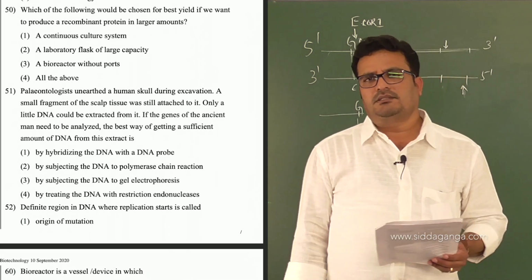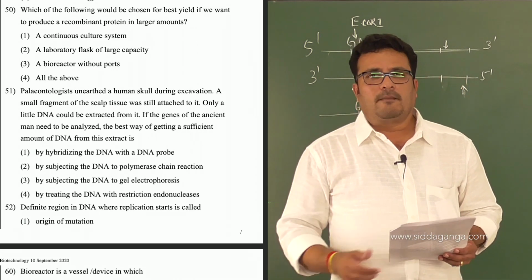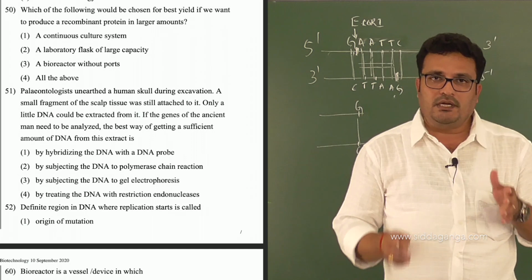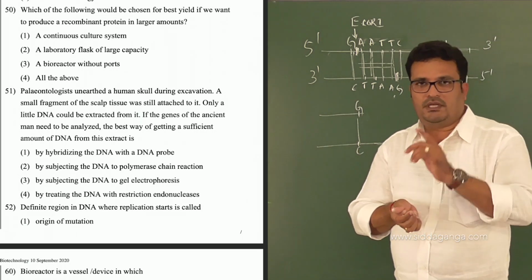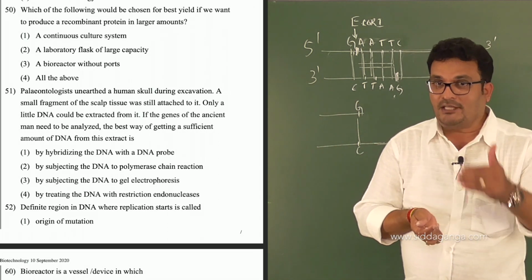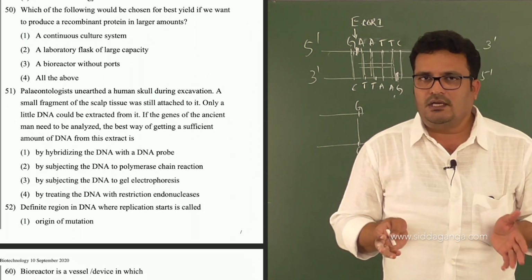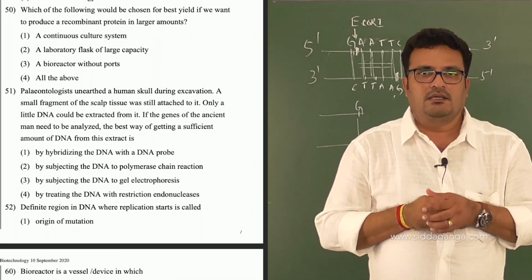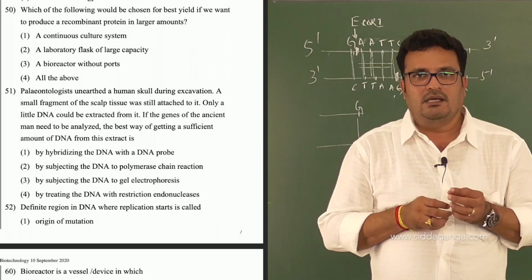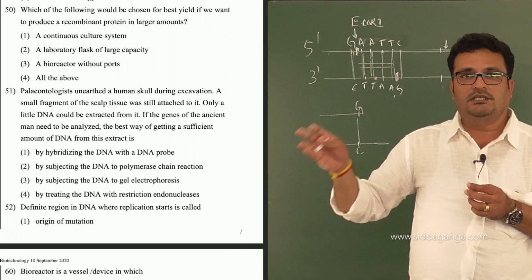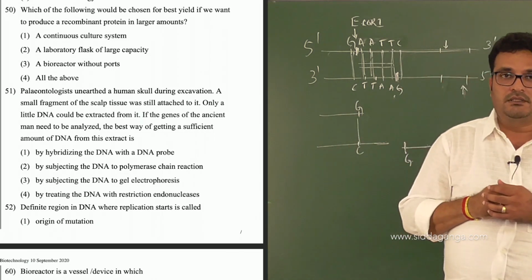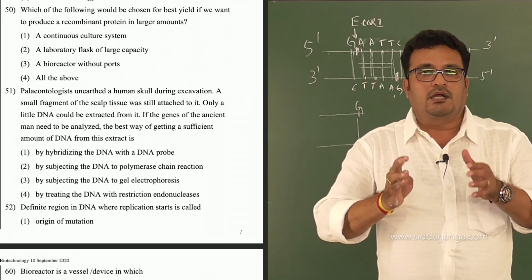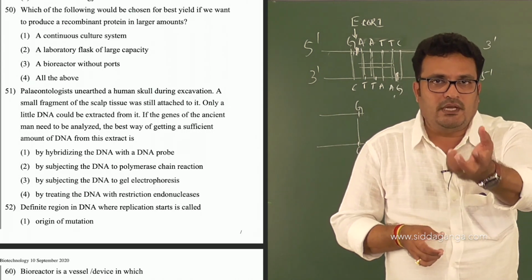See, continuous culture system and batch culture system. I told you there are two categories of culture systems adopted in case of bioreactors. One is continuous culture and the other one is batch culture. In a continuous culture system, bioreactors are supplied with the culture media continuously from one port, means one side. On its other side, the used culture media get removed, right? So that is why the continuous culture system provides continuous culturing of microbes or recombinants, right?